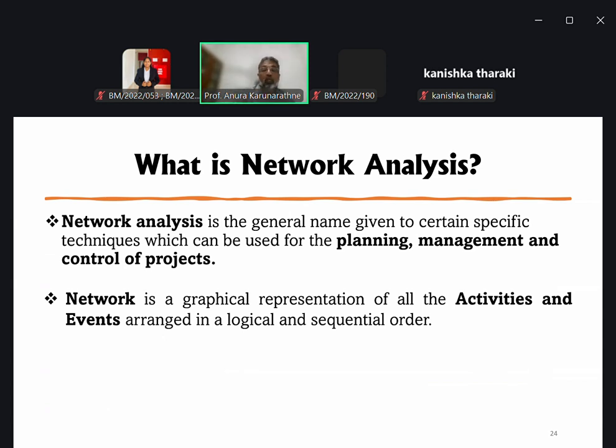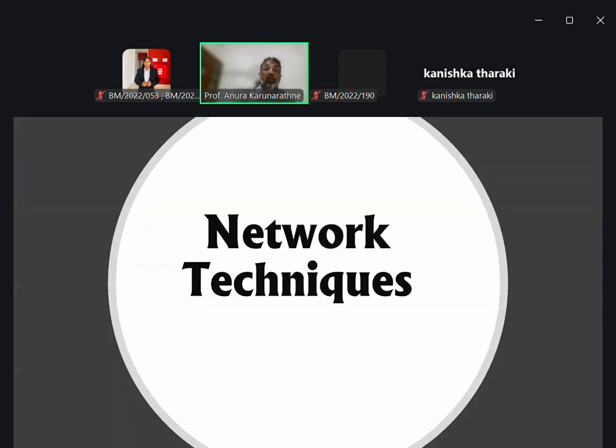So easily you can go for this idea actually. Now you understand the idea. Then our task is to draw the network. So then we mainly focus on CPA and PERT, right?